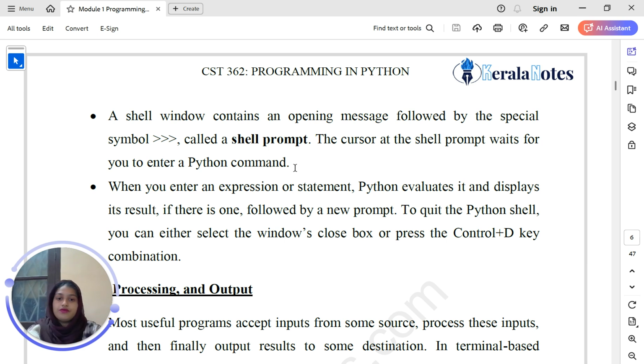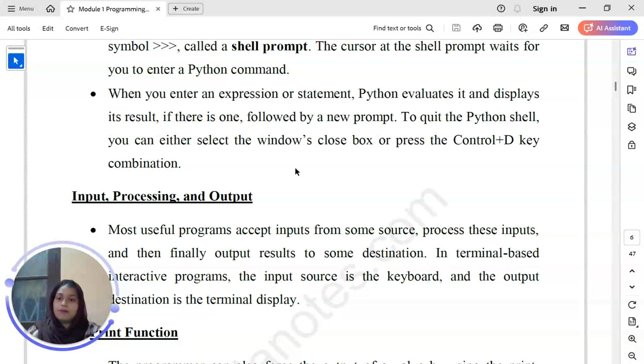To quit the Python shell, you can either select the window close box or use the Ctrl+D combination.